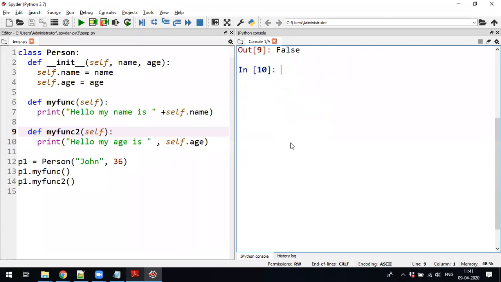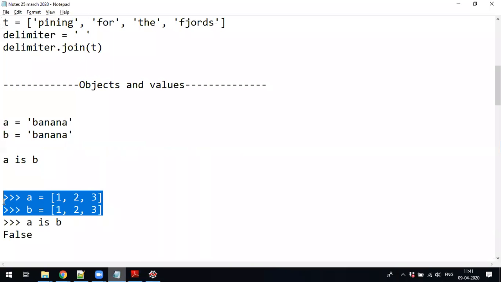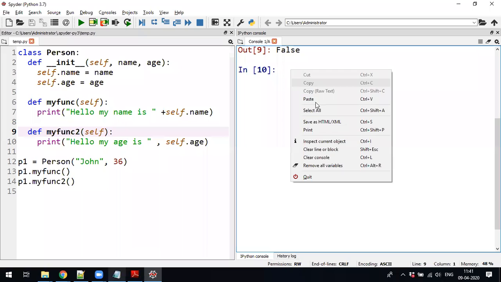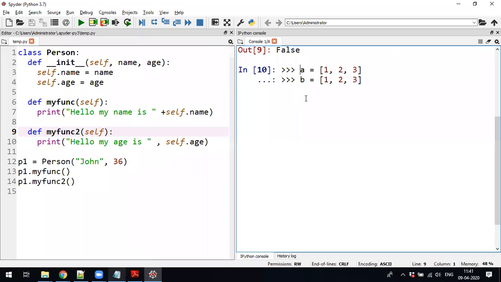Now you try the same thing with the list. See this list. I have created two lists which contain 1, 2, 3 and 1, 2, 3. Our assumption is that both contain the same values, so A is B should be true.